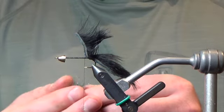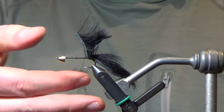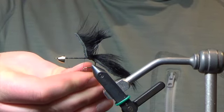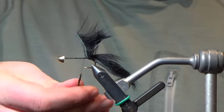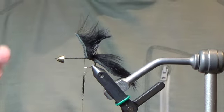And to get this on, I'm going to place it in my right hand, and I'm just going to rest it up against the thread, and I'm going to pretend I have glue on my fingers, and I'm going to pinch and rub, and then pinch and rub all in the same direction. If you go back and forth, it's not going to do anything. So if you keep going in the same direction like you're trying to rub glue off your finger,